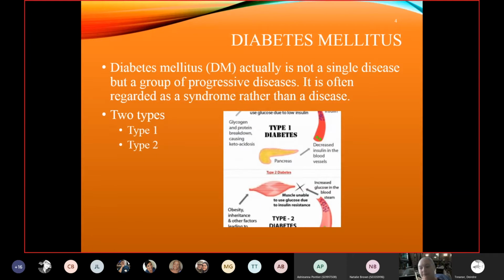Or LADA. Actually, it's a more slowly progressing type 1. Now, if you want to look specifically at the differences between type 1 and type 2,